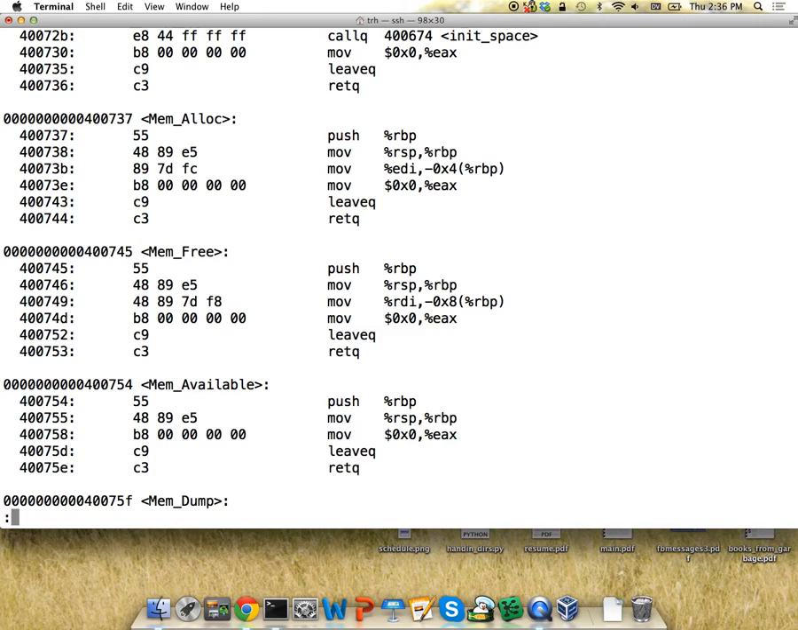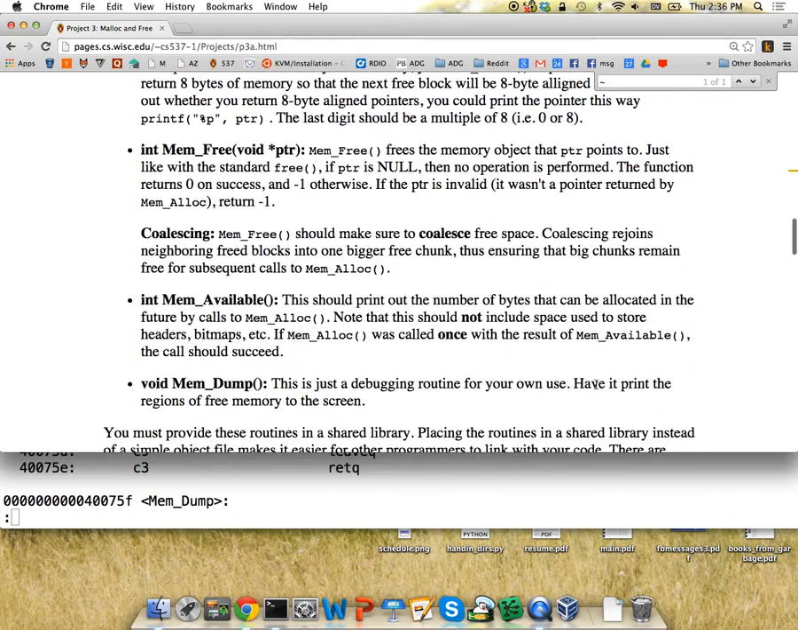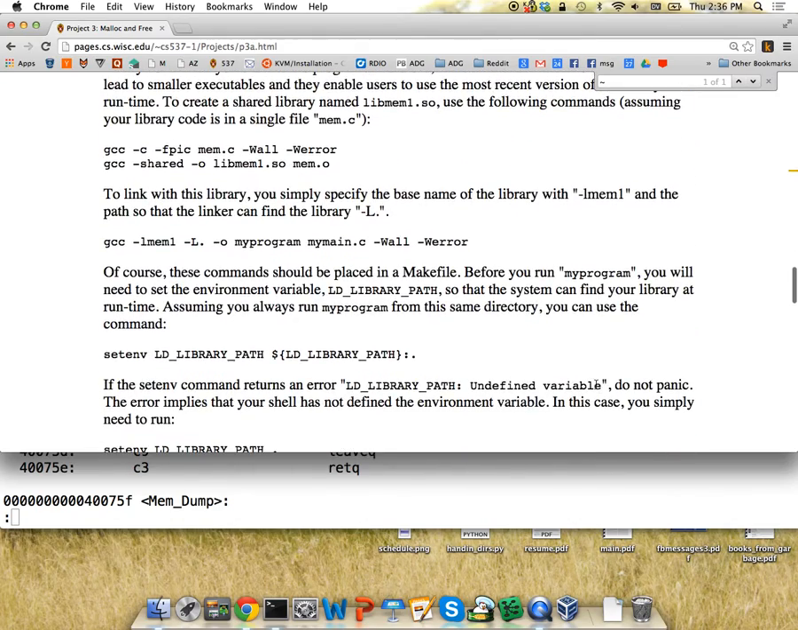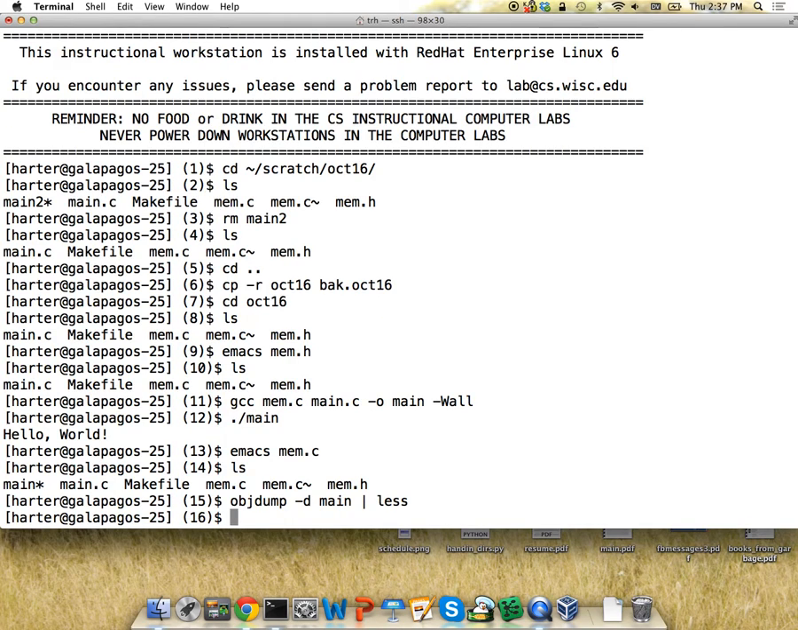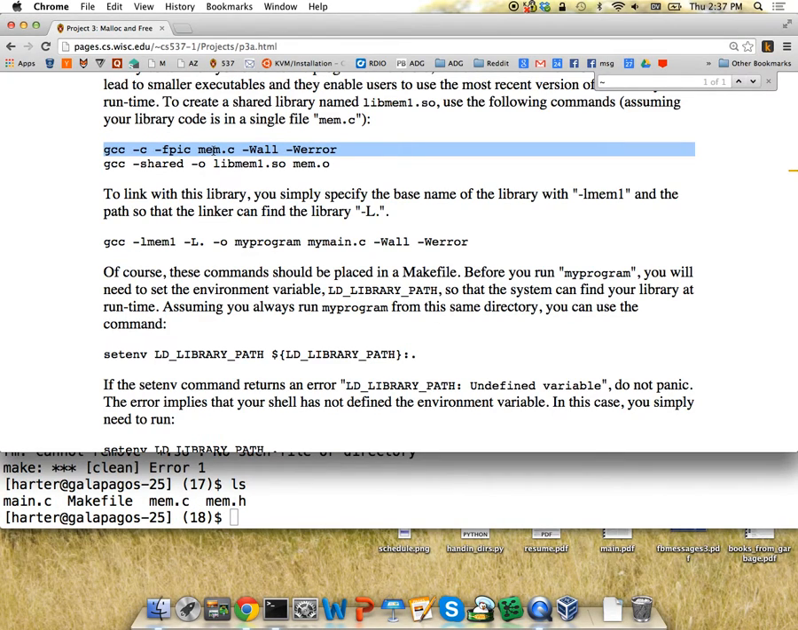So that's what I'm going to show you how to do. If you go back to the website, there's lots of descriptions here for how to do this. First, let me exit out of here. I'm going to remove main. Actually, I have a makefile here, so I'm just going to do make clean. Okay, good. And the first thing we have to do is compile our mem.c file with